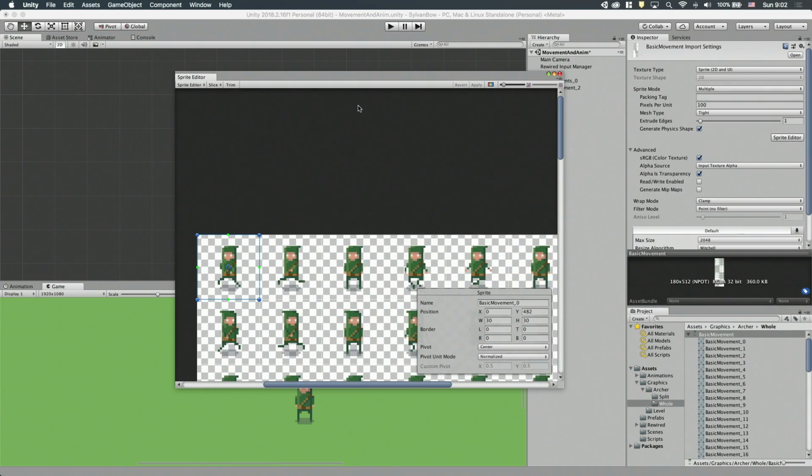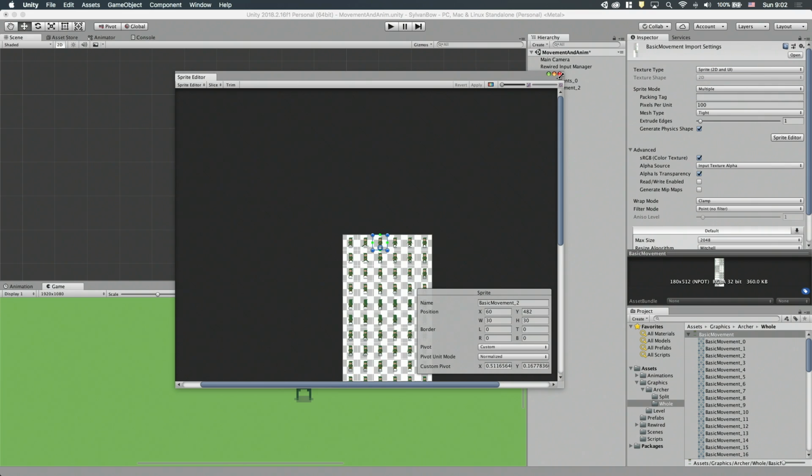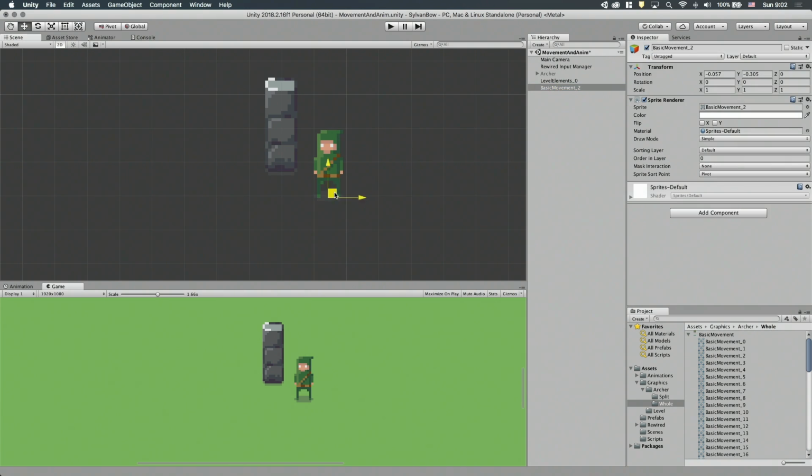For the purpose of this demonstration, it's enough to change only one slice. If we test it now, it should be more precise than it was. Yeah, it looks fine. The colliders will help it a bit, so the archer won't be able to walk too close to the pillar, but we will see that in the next episode. This solution is fine, but I have concerns with manually setting all the pivot points for the animation sprite sheet. So I'll revert these changes and show you a better solution.